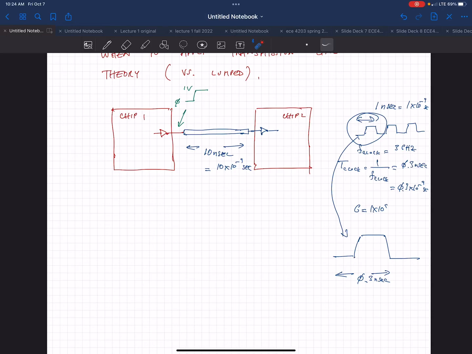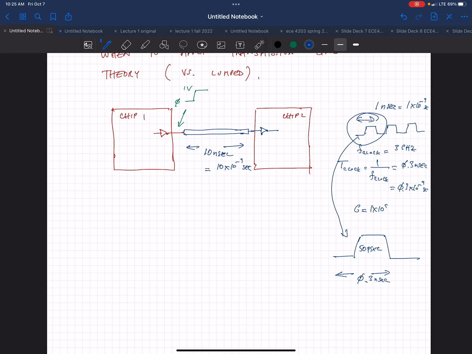Nanoseconds, look at all the stuff that makes up this waveform. There's a low part to the waveform, there's a high part to the waveform, then it has to go up and it has to go down. Okay, so let's just think about this rising part. It can't be 0.3 nanoseconds, right? That's the whole period. So let's say that rising part is maybe like 50